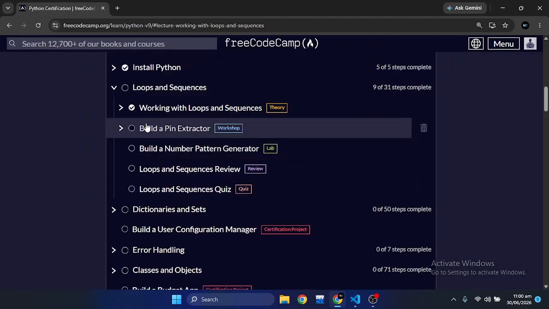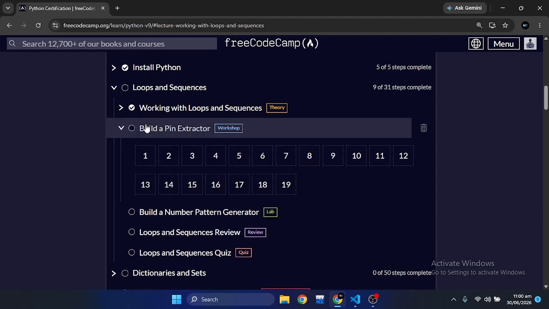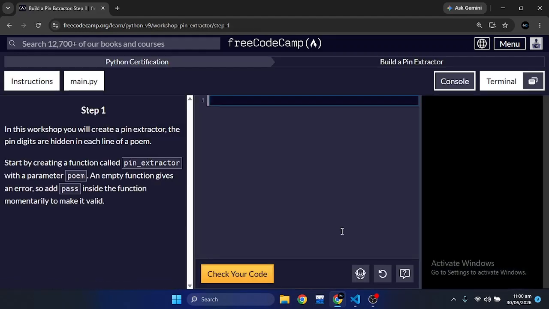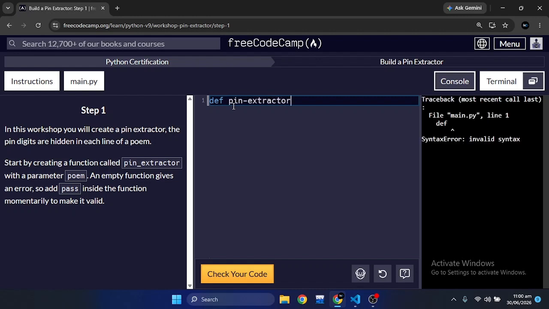Okay, completed the theory. Now we are moving on to the project or workshop, which is pin extractor. So let's get started. First of all, we will create a pin extractor, and pin digits are hidden in each line of the poem. We have to create a function by the name of pin extractor with a parameter poem. An empty function gives an error, so